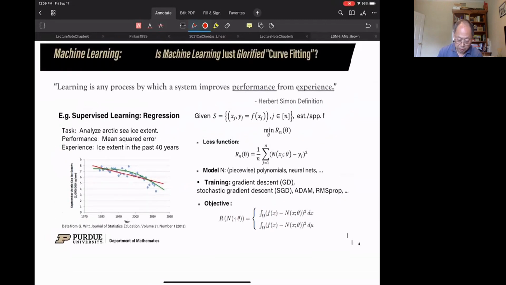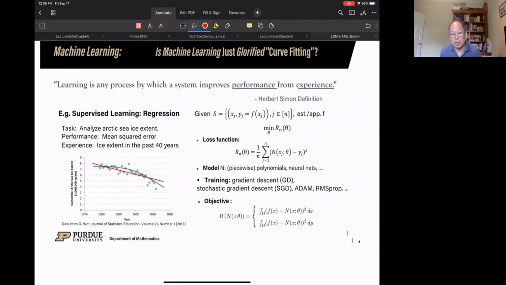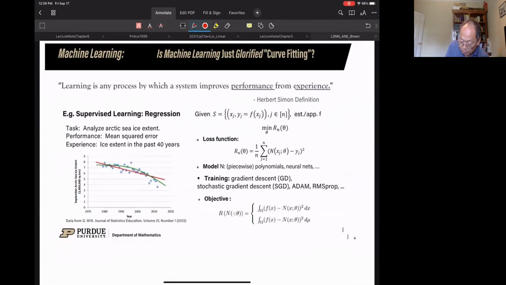Since we're talking about neural nets, which were popularized by machine learning, or more precisely supervised learning, I put a title here: really this kind of machine learning. If you're talking about supervised learning, this is really data fitting, or a glorified data fitting, right?